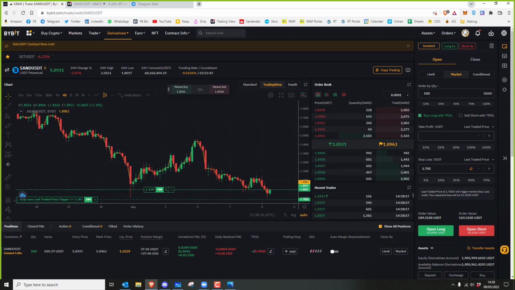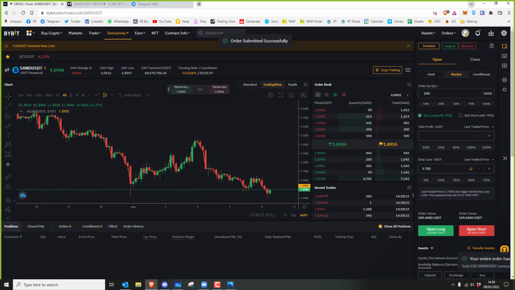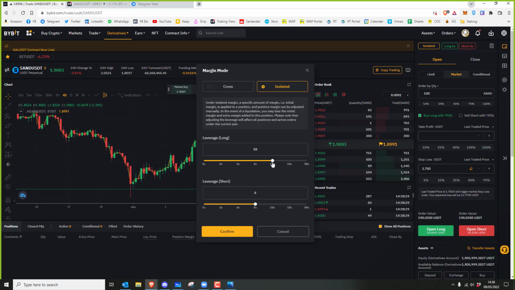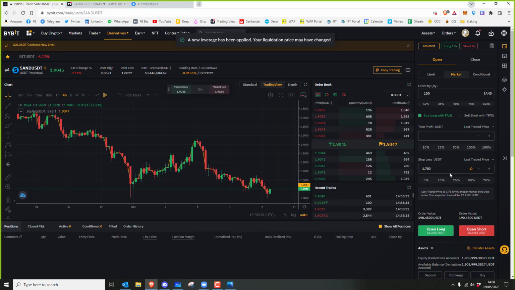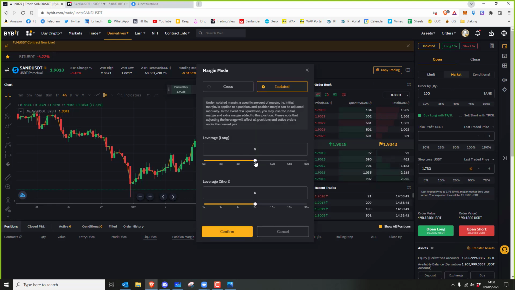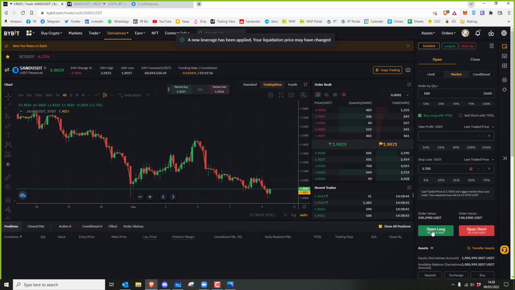Now, for this trade, by the way, the order value was 189 quid. Okay, let's just close that trade. It was 189 quid roughly. If I click, say, 10x for long, and I try and place the same trade. Oh, sorry, I forgot to take a screenshot. Sorry, let's do it this way. Let's do that again. Open long. Yep. Fine. Okay.